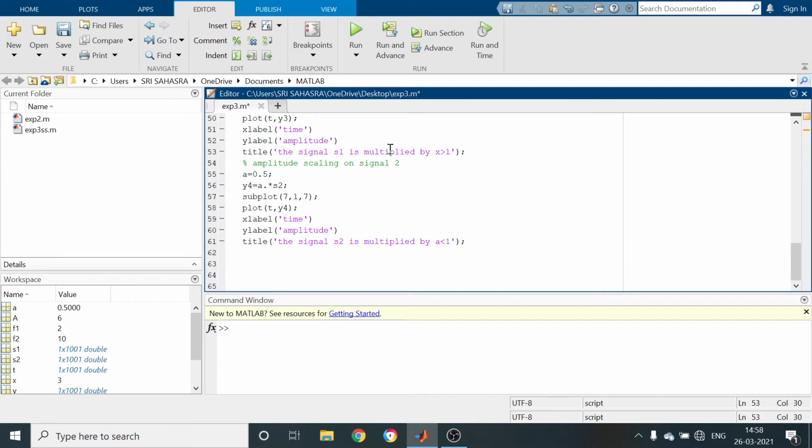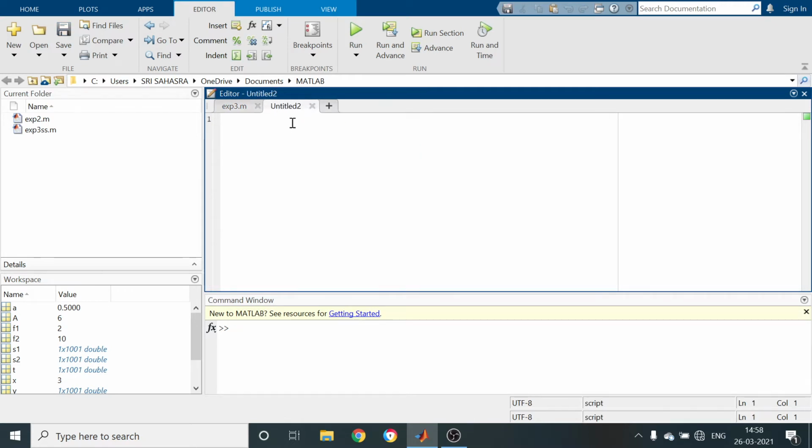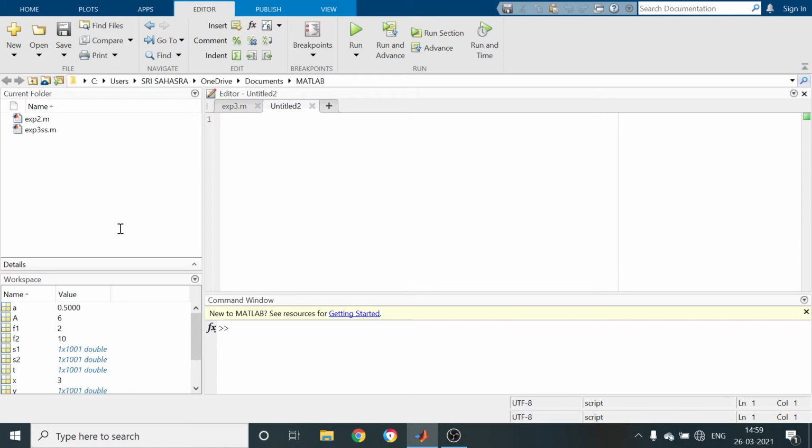Again we have to observe the time operations on signals. For that I am going to take another new editor window. I am saving it as experiment 3 on the desktop. When saving the program, don't save with direct commands, don't save with only symbols, don't save with all numerical numbers, and don't save the program with any space.